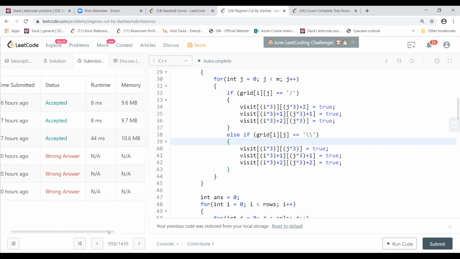Santosh. Yeah. So if you can do this by dividing each cell into 3 by 3, can't you do the same thing by dividing each cell into 2 by 2? Yeah, that might be possible, but I think there is some reason it has been done. Yeah. So that's what I could get my head around. Why do we need 3 by 3? Why can't we do it with 2 by 2? Because in both forward and backward slash, the center cell of each cell is anyway true. So we just need 2 by 2 itself, I think.